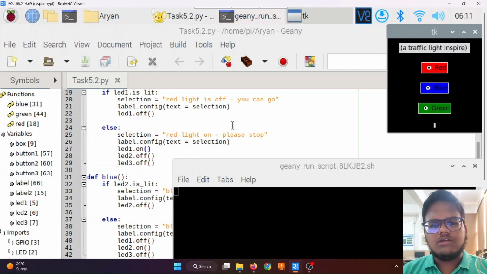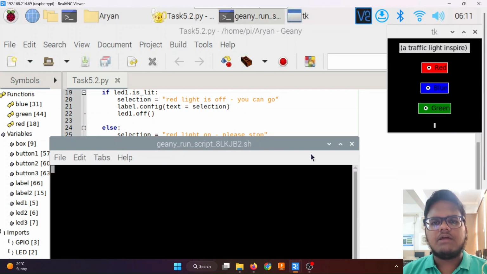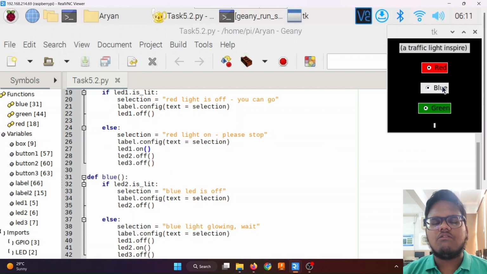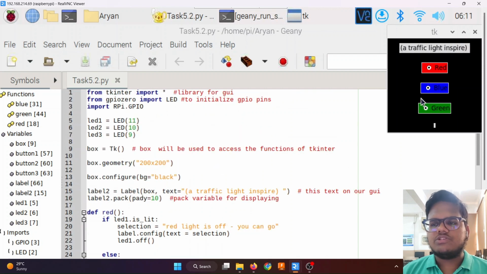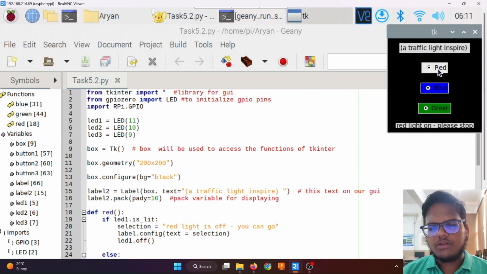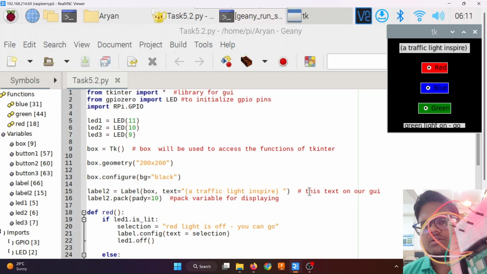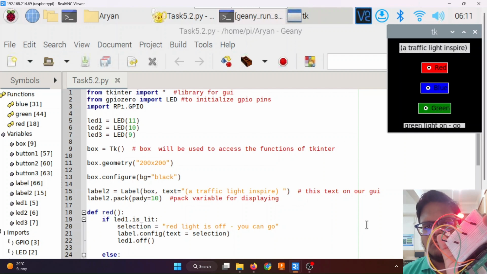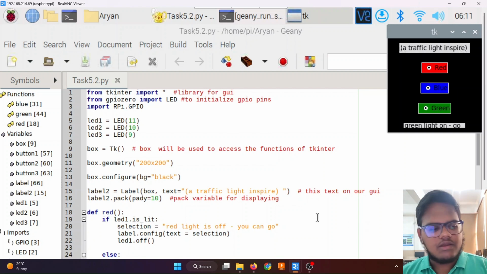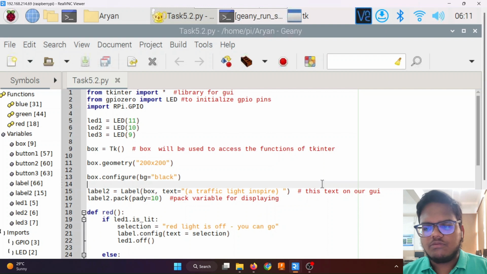Actually, the Raspberry Pi supports multiple languages, for example C, C++, Java, JavaScript, but this was also the requirement of this task, which I forgot to mention, that you have to develop your program and your GUI in Python language. This is the final time I am showing my setup to you. So I hope you understand from my video tutorial, and you will be able to create